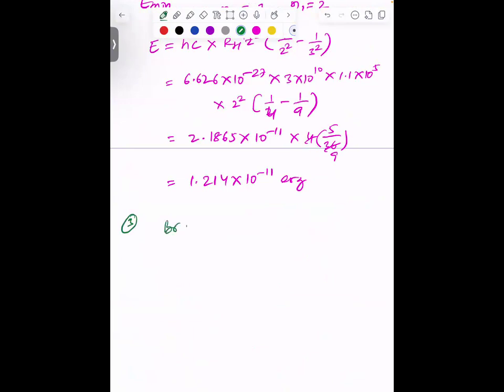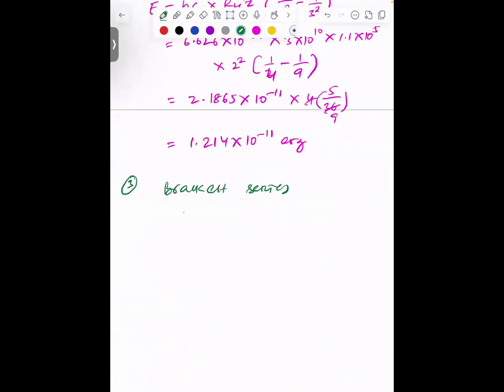So Brackett series means here N1 is 4 and N2 can be 5 to infinity. If N1 is 4, then for alpha line N2 must be 5, and for beta line N2 must be 6. So here N2 is 6 and